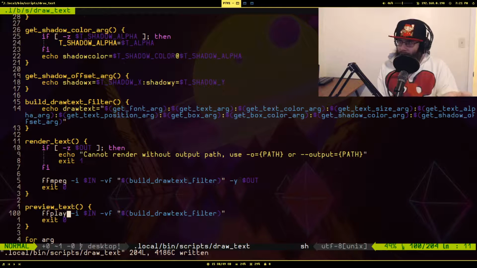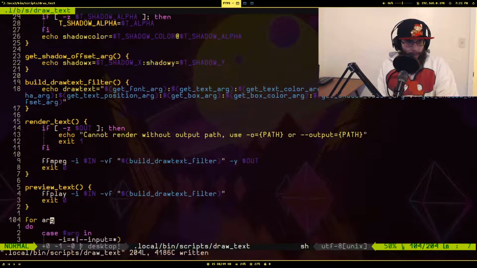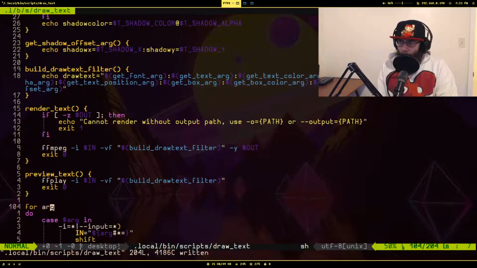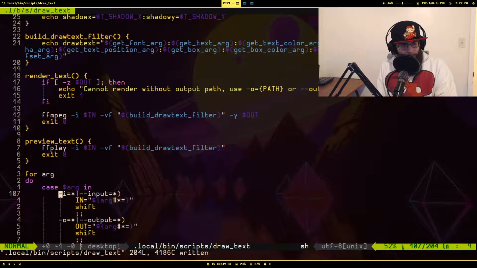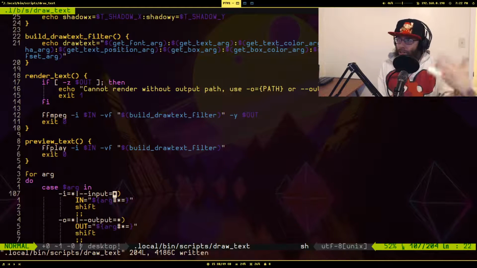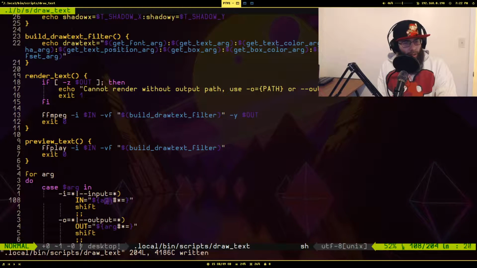You'll notice I'm not checking if there's an output in this case because you're not writing out a file, so whether you gave me an output doesn't matter. This is basically looping over the arguments passed into the script, and you have another case statement. When you see this, it's basically a fuzzy match. So if the option looks like -i=something or --input=something, do this particular case, which is for the input, and it's setting the value of that input variable to